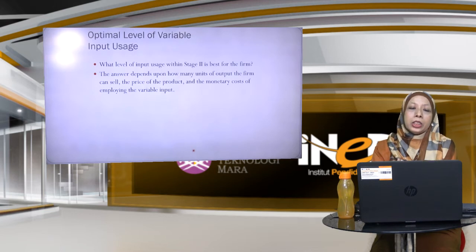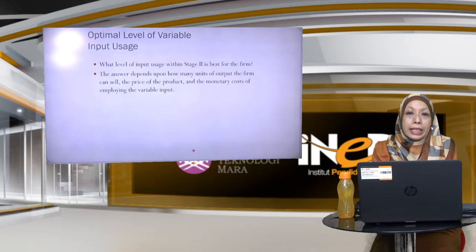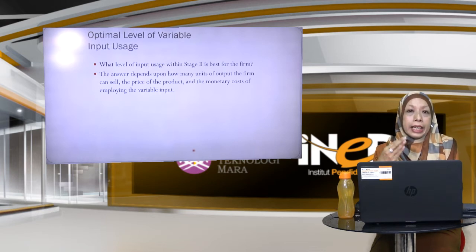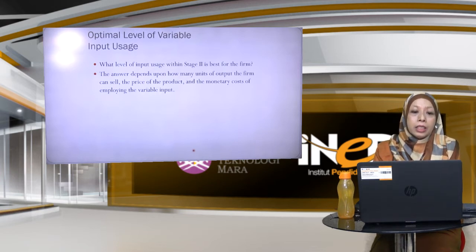So as I said, we would like to know exactly the number of labor, or variable inputs, that we want to use, because so far we just know the range. We don't know exactly how much labor to hire. So to answer this question, you need extra information. What sort of information do you need to identify the exact number of labor to hire? The information would be in terms of the price of the product and also the cost that you pay